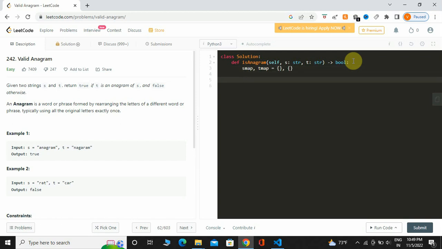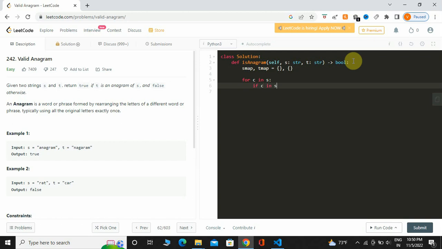Now I'm going to take a for loop to count the number of alphabets present inside both s and t. So for character in s,